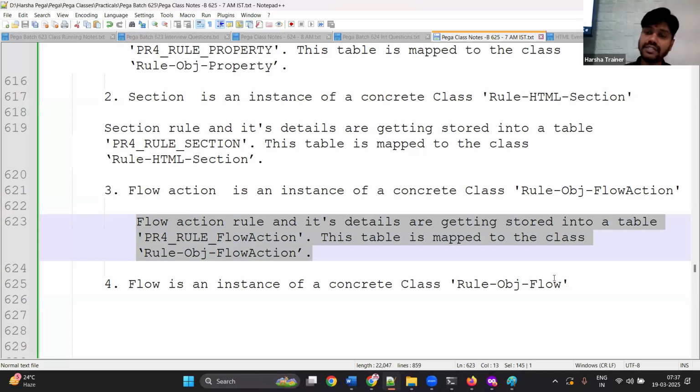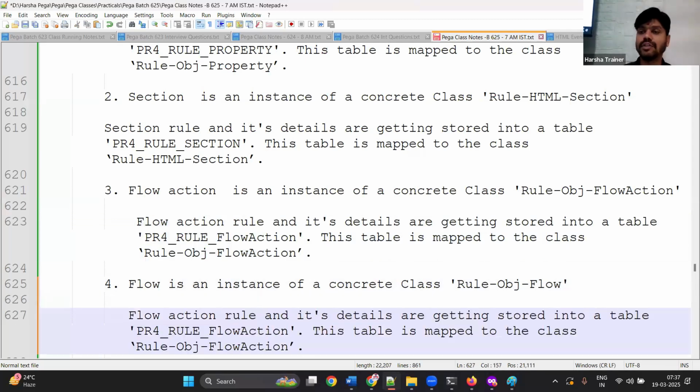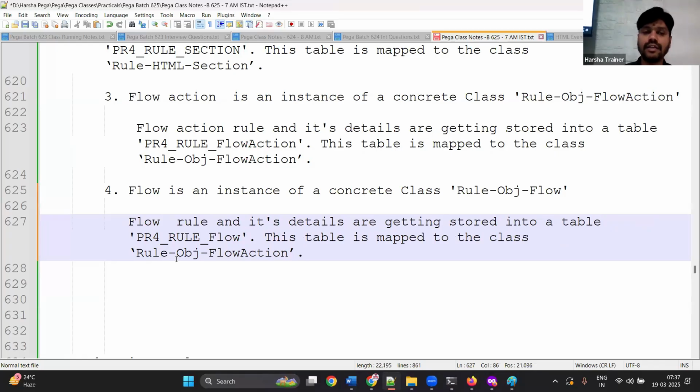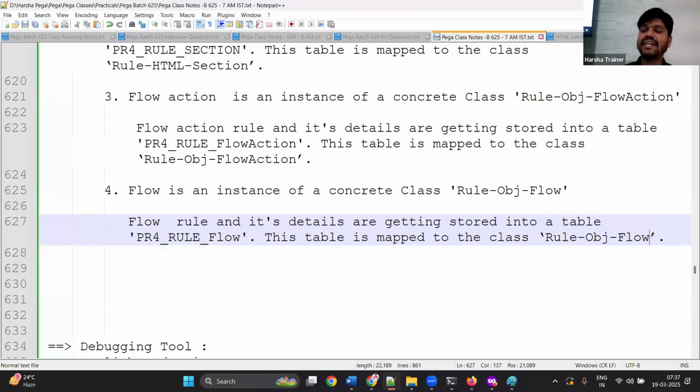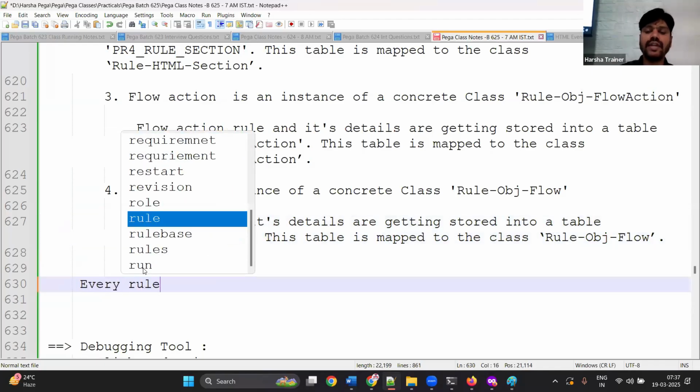Similarly, this one also you can write now. Now, how do I know these things? Because I have knowledge, I am explaining to you. I have already written notes. Suppose there is a rule type for which you do not have this type of statement. How do you learn to find out? Okay, I'll tell you. Flow: PR4_rule_flow, Rule-Obj-Flow. Sometimes Pega maintains a generic table for different rule types. That is also possible. But anyhow, every rule in Pega